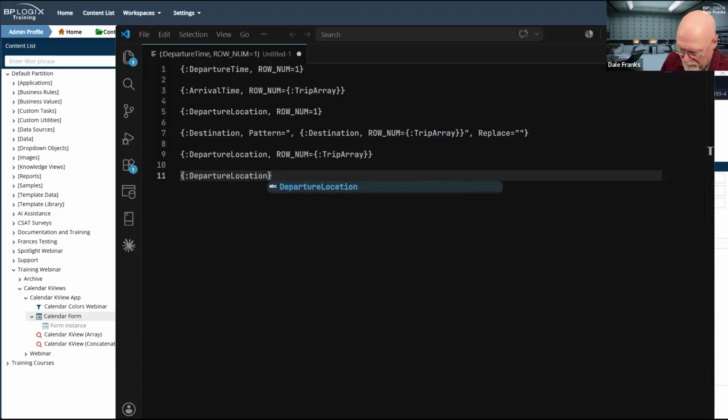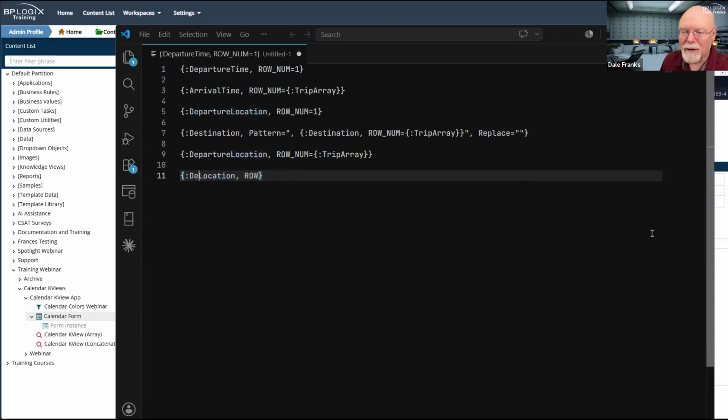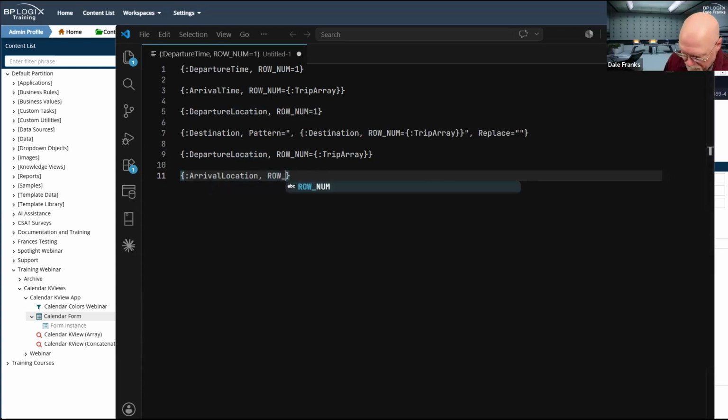Departure location row. Oh, it wouldn't be departure location. Sorry, my fault. Arrival location. Row num equals penultimate row.